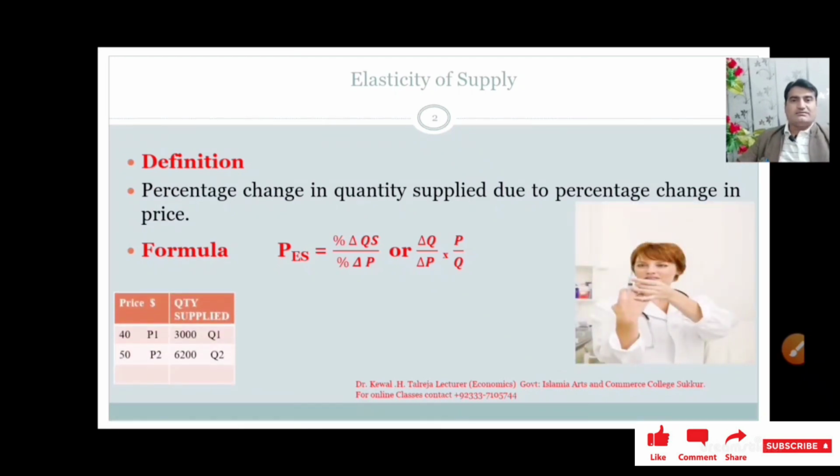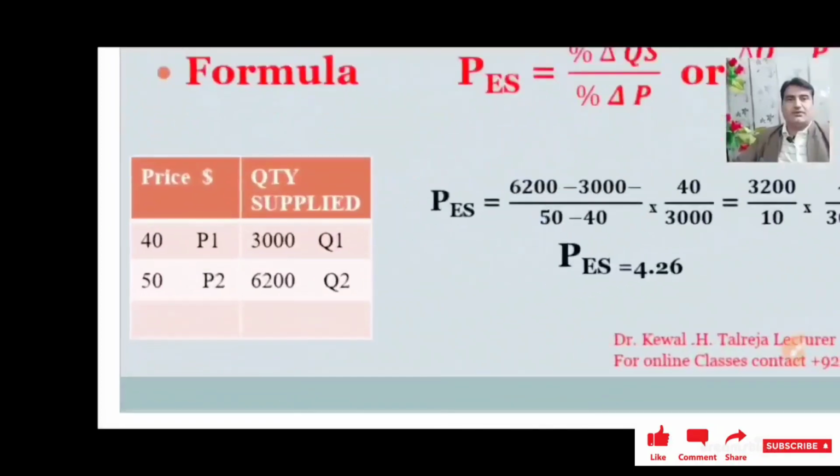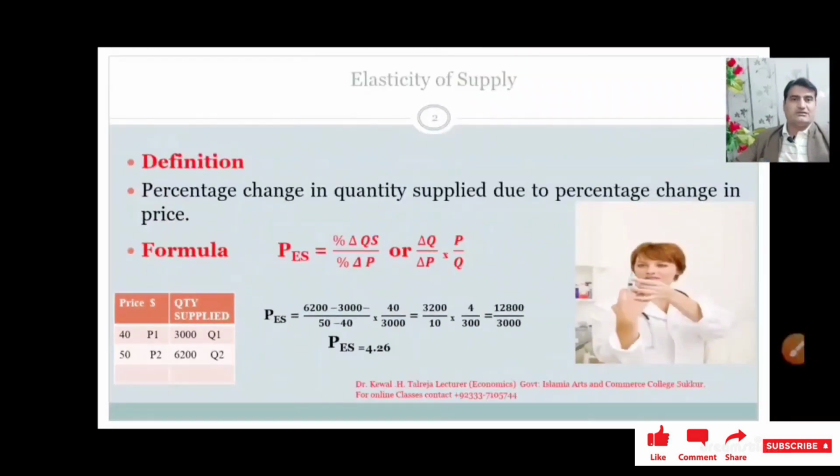Now we are taking an example. For example, when the price is $40, the quantity supplied for the COVID vaccine in the market is 3,000. When the price increases from $40 to $50, the quantity supplied for the COVID vaccine increases from 3,000 to 6,200. So by putting this data into the formula, the price elasticity of supply is equal to